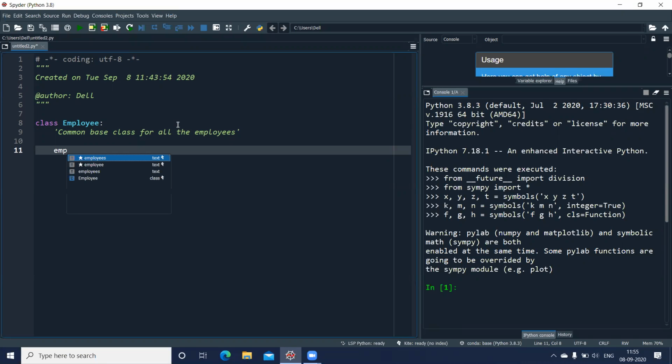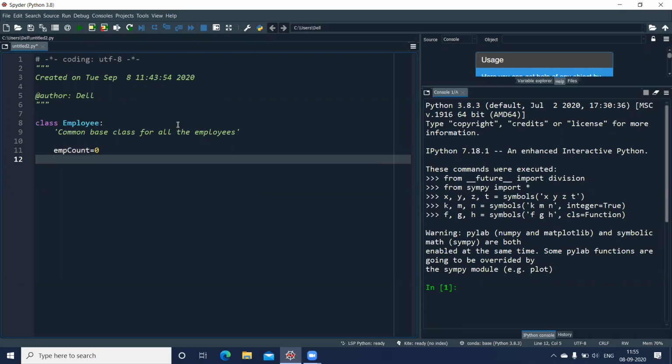The next thing I'll be doing here is defining a variable. So let us have a variable called empCount, and I'll assign 0 to it. Now when I do this, this becomes a class variable. What is a class variable? A variable that is shared by all instances of a class. And what do you mean by an instance of a class? Whenever we create an object from this class, an instance is created.